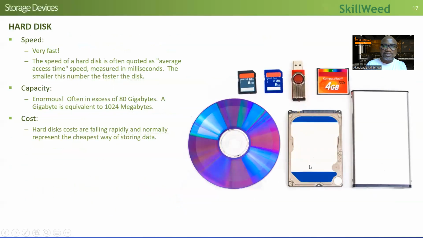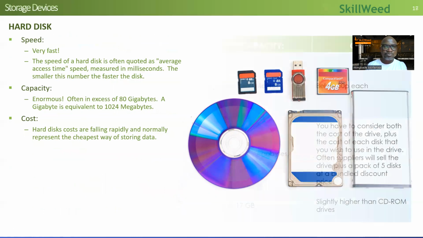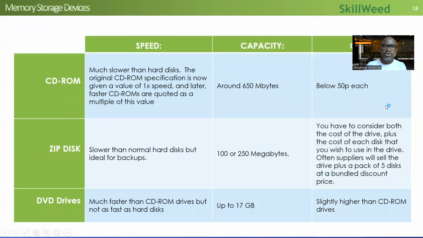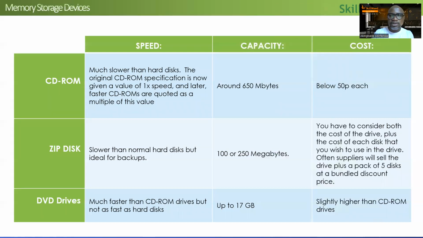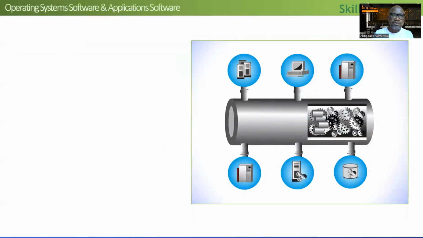Hard disk, don't feel embarrassed. This is old school. In the past, we all started with these big hard disks. Now, with a small, tiny device, we can capture hundreds of terabytes of data. So the world has just changed in a good way, and the costs are much lower now, so the expectation is not crazy like before. This just shows some separation on the speed, the capacity, and the cost in general. The cost has gone down way lower than it used to be in the past. So now it's much easier.